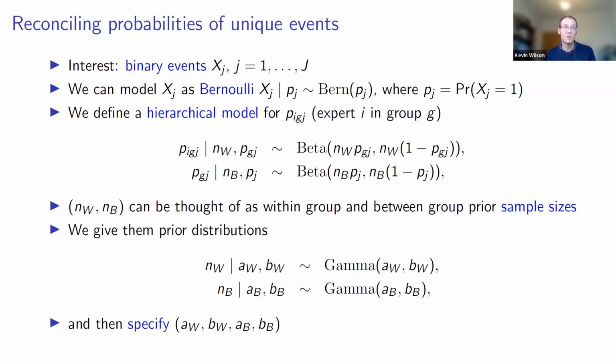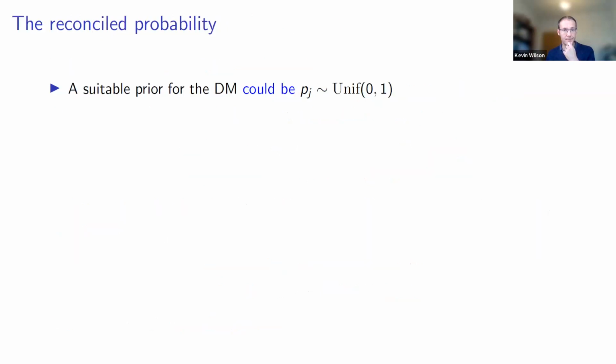But it's also going to control the correlation between the probabilities of individual experts, both within the groups and between the groups. So we can then use those to tweak how dependent we think the probabilities the experts are giving us are. How close to independence are they, or how close to just being essentially the same probability are they? And that's what those hyperparameters are going to help us to determine. And then the final level of the hierarchy, which should have been on the previous slide, would just be the decision maker level, giving a prior to the probability that the binary event is equal to 1.